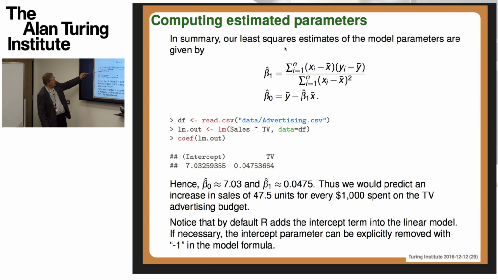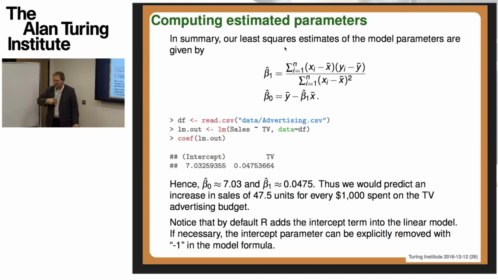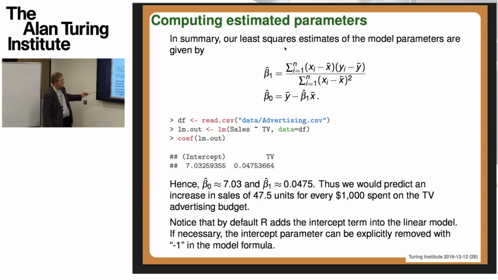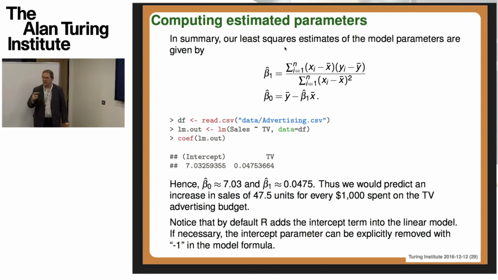In the model formula here, I just gave the predictor variables because R will implicitly add an intercept variable, that's a beta naught variable. If you really do want to fit a model where the intercept is 0, then you can force that by putting in the model formula on the right-hand side a -1. The 1 is the sort of indicator for the intercept term, so -1 means withdraw the intercept.